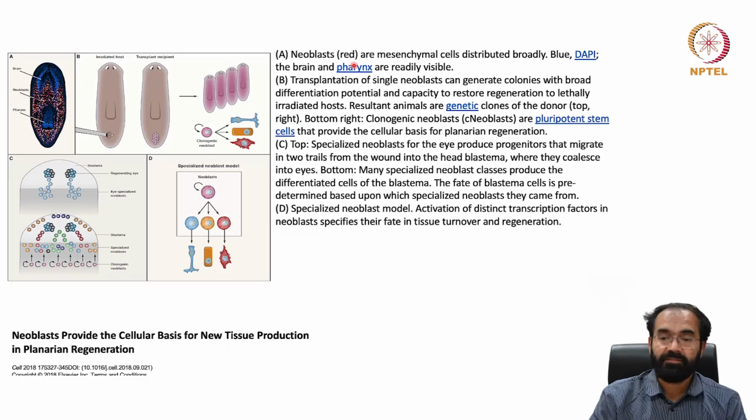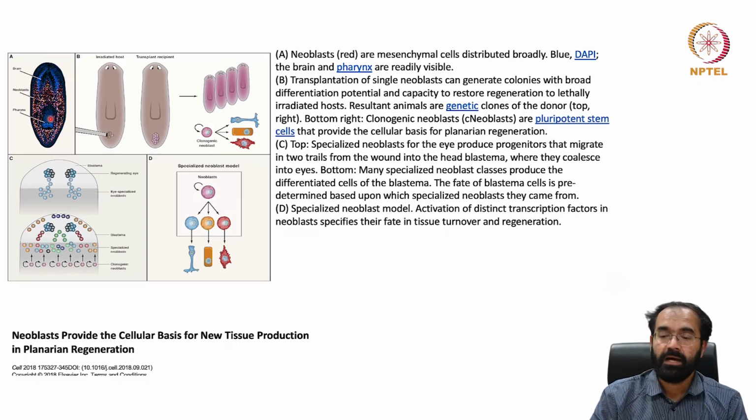The neoblasts are given in red, and they are mesenchymal cells distributed broadly. Mesenchyme is the opposite of epithelium. In cancer you would have studied epithelial to mesenchymal transition. Epithelium means adherent, mesenchymal means roaming around. The blue color is the DAPI stain, the nuclear stain, and the pharynx is very clearly visible because it has the blue color but is devoid of red color simply because it is